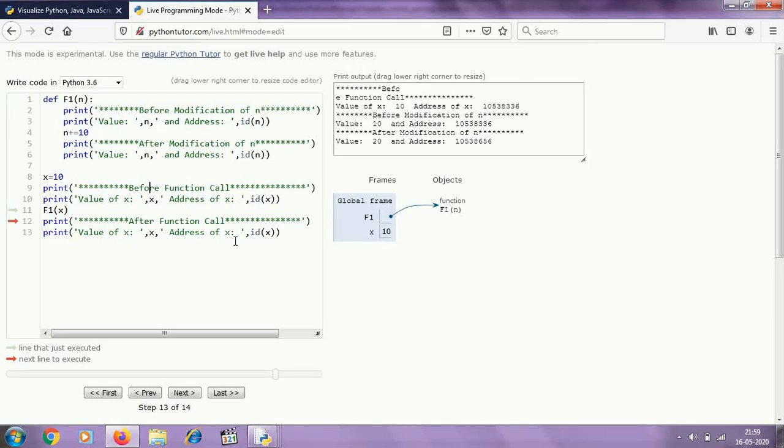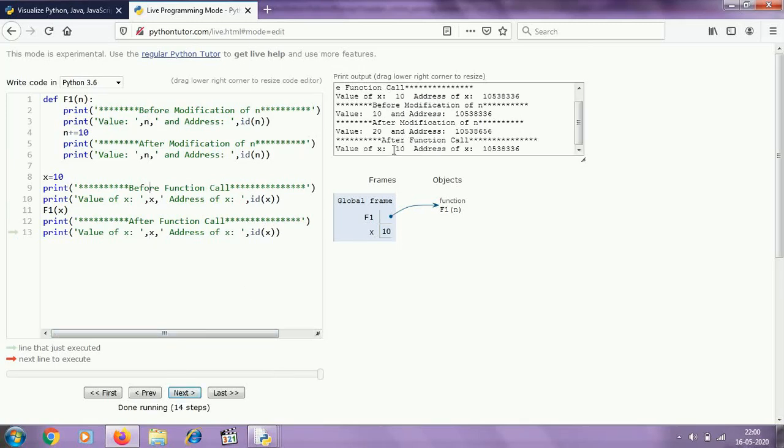Next, let's check what will be the value of x. Is it changed? Is its address changed? Let's see. Here you can see that the value of x is 10 and the address is unchanged. That means when the function is called, the parameter n is referencing the same object to which the argument x is pointing.